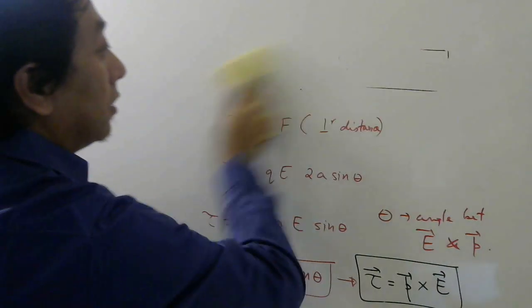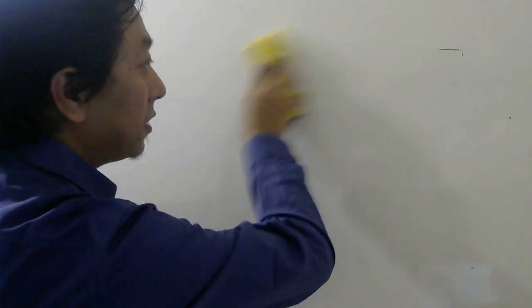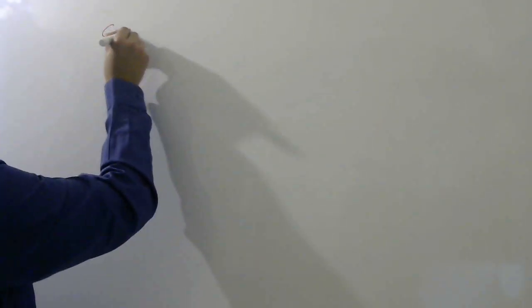Again, we now need to discuss different cases of this torque. Sometimes in exam they will ask for 1 mark at what orientation. Orientation means how you are keeping it, like this pen is right now vertical, right now horizontal, so that is called orientation. If I ask you for what orientation the torque on the dipole will be 0 or the torque on the dipole will be maximum, suppose I ask this question, then let us try to answer. So we will study some cases now.